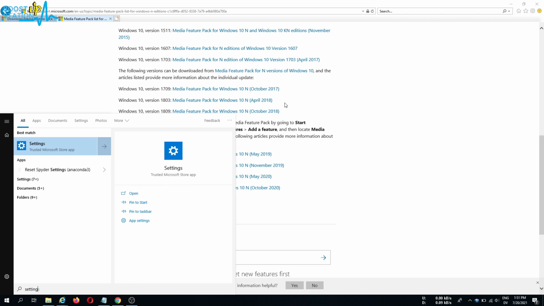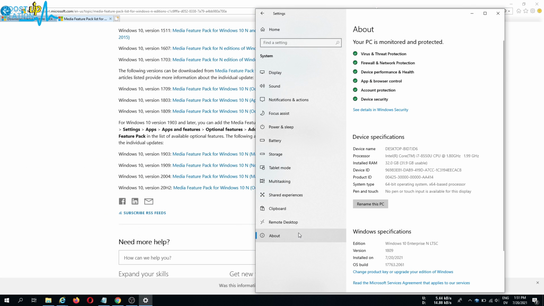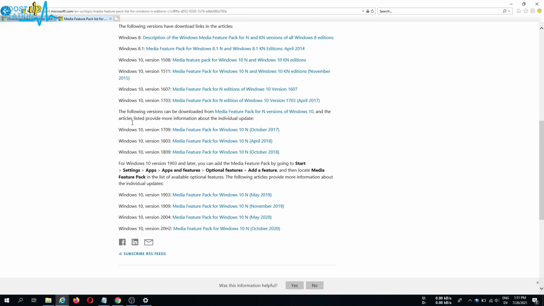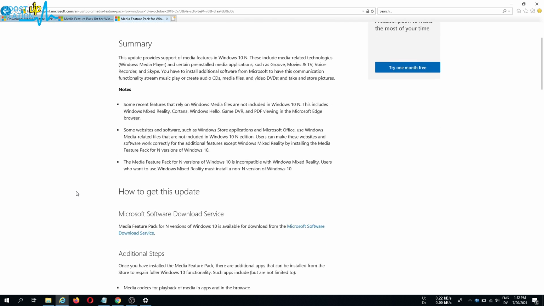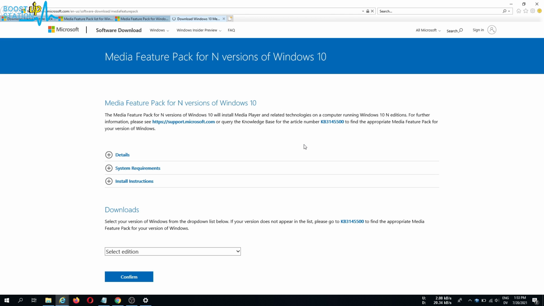So let me open the settings, go to system, click on about, and if you scroll down you see it is listed here 1809. So let me look for 1809, it is right here. So I am going to download this media feature pack. Now scroll down and click on this link here, Microsoft Software Download Service.